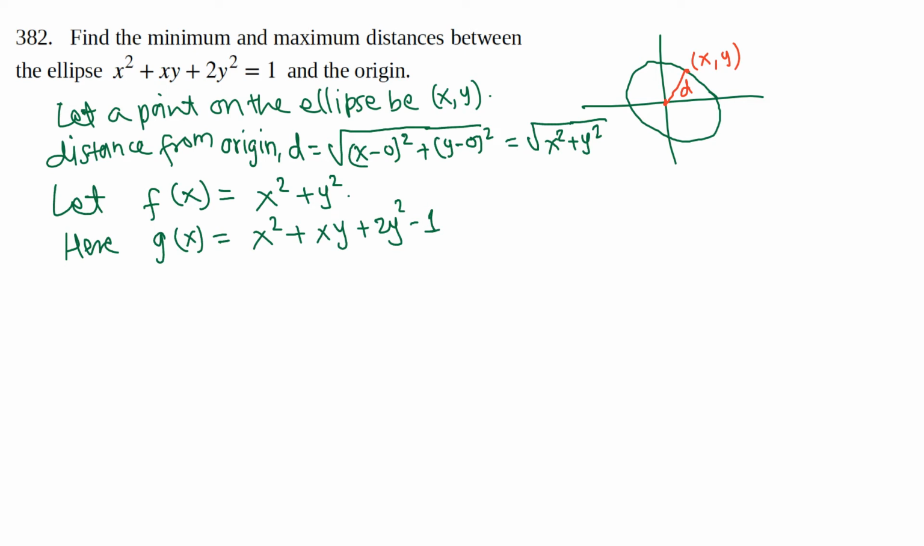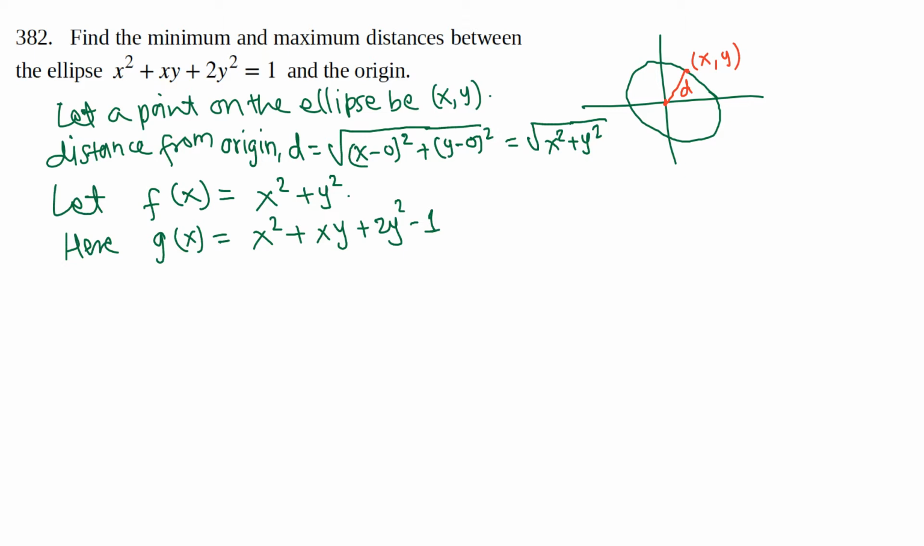Find the minimum and maximum distances between the ellipse and the origin. You don't have to graph exactly, but the graph looks like this. And let the generic point, any point on the ellipse, be (x, y),